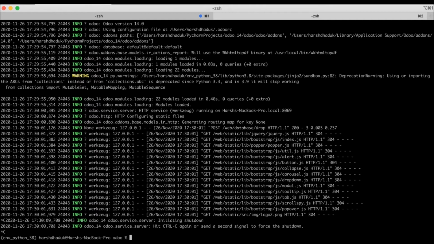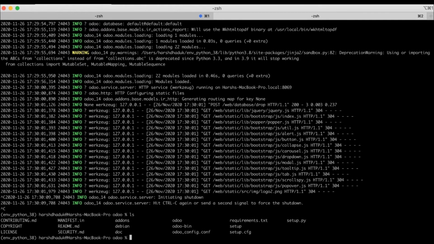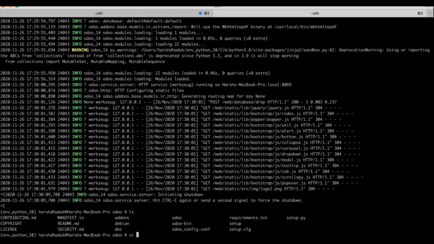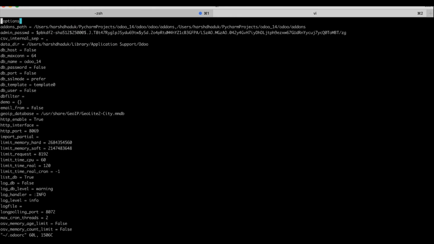Whenever you are using it simply like this, Odoo generates one hidden configuration file, which is not available in the current directory. This is the current directory of Odoo, where I started the Odoo service using odoo-bin. But if you check the current user's root directory, Odoo itself creates one hidden configuration file, which is .odoo.rc. Once I click here, you can see a list of parameters displayed.